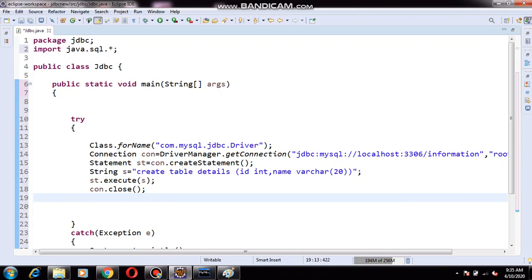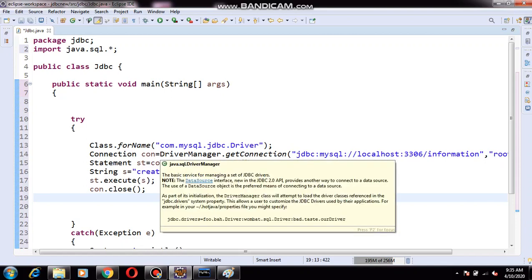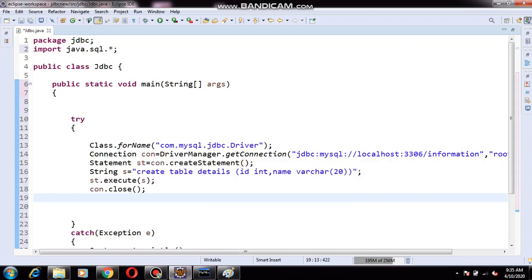Next, if I want to establish the connection, definitely we require the path of the MySQL. Each and every step has a relation. Without all these 5 steps, we cannot connect Java and the database. Up to now I hope everyone is clear. If you have any doubt, you can ping me and ask the doubt.